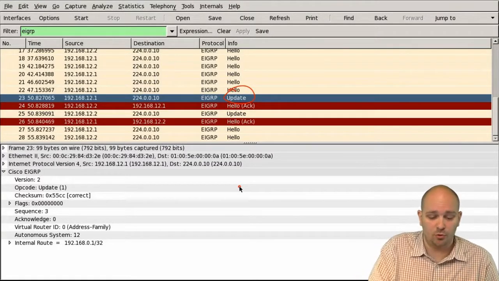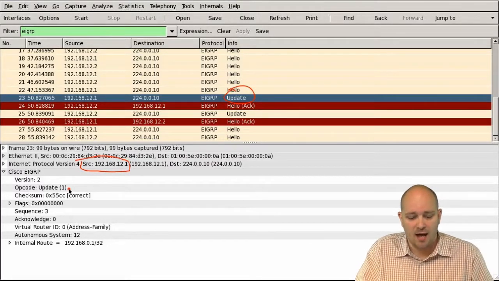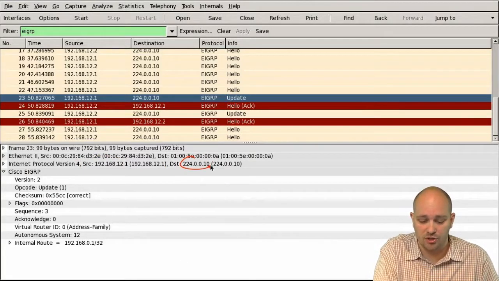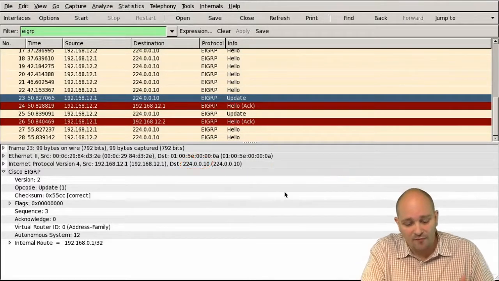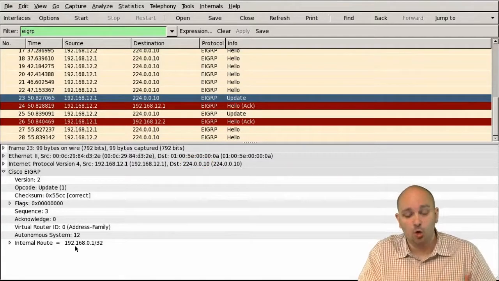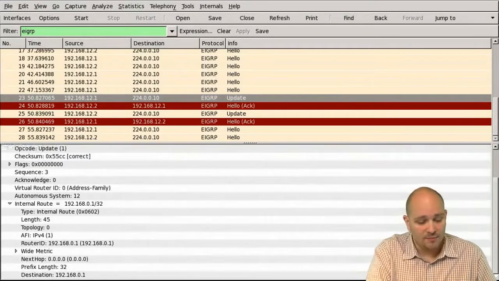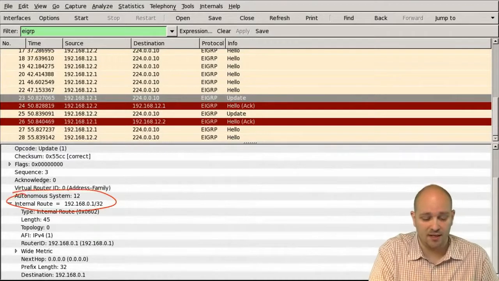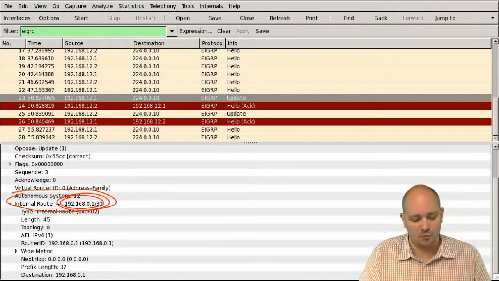Now, the first thing that I want to observe is that the source IP address of the packet was obviously R1, and I can see that the destination was 224.0.0.10. So I can see that this was actually a multicast update. Now, if I open and take a look at what is contained in my EIGRP update packet here, what I'm seeing is obviously that there was an internal route that is being advertised, and I can see here the network of my loopback interface